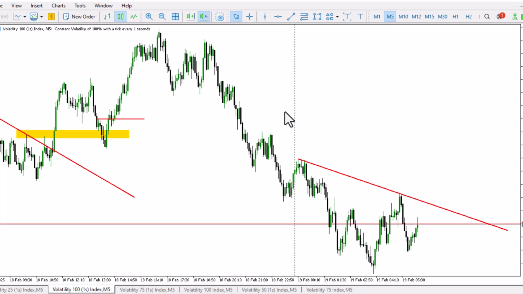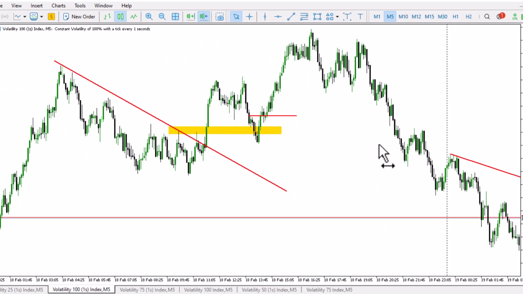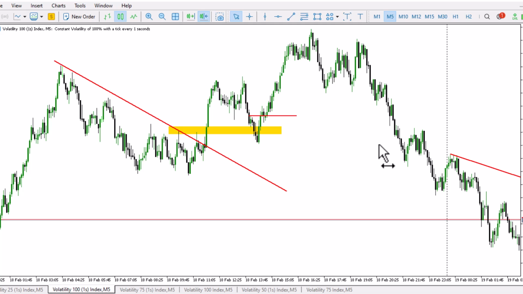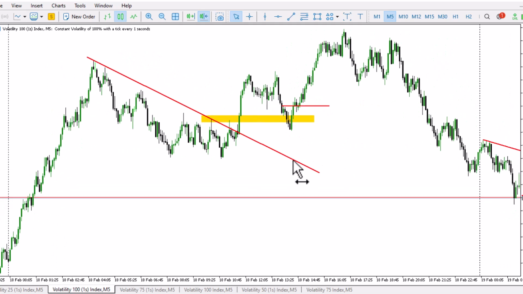I want to show you a strategy that you can use and that is going to give you the minimum drawdown. So have you ever thought of a trade that you can enter and go straight into profit? Today I'm going to show you such an entry, and you're going to pay attention to how to do it and take note of all the rules that we are going to be applying to get this zero drawdown